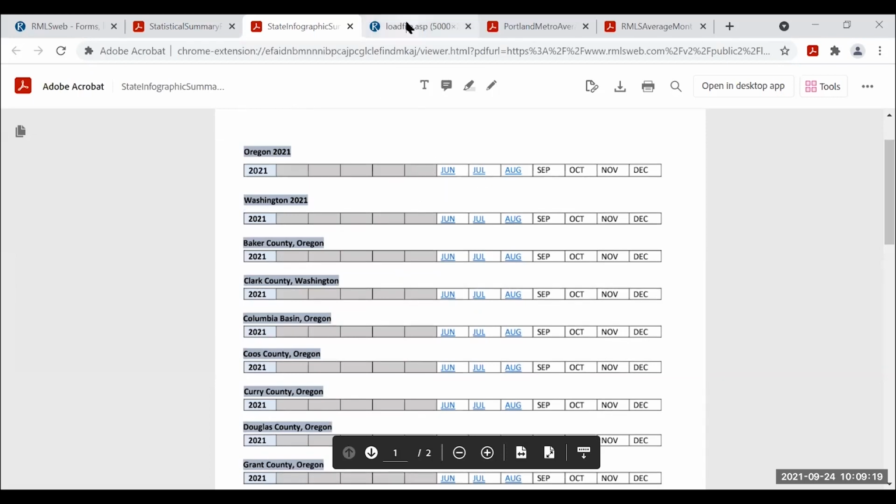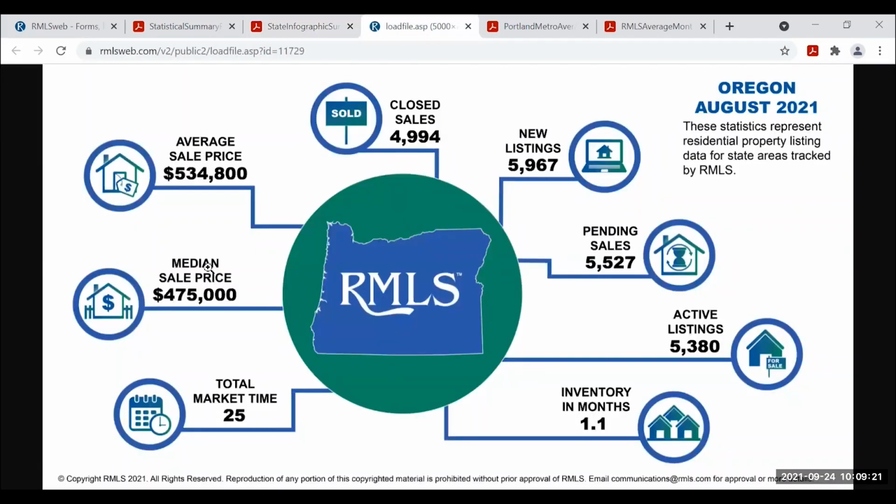I just clicked on the Oregon one for August. So it's just, again, a little snapshot for a month for a particular territory that they just thought they would make it available to you. So you can use that, share that if you would like to.